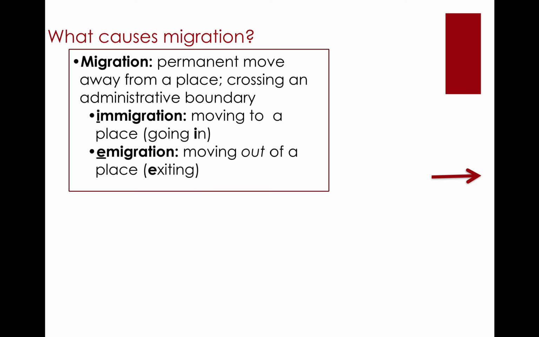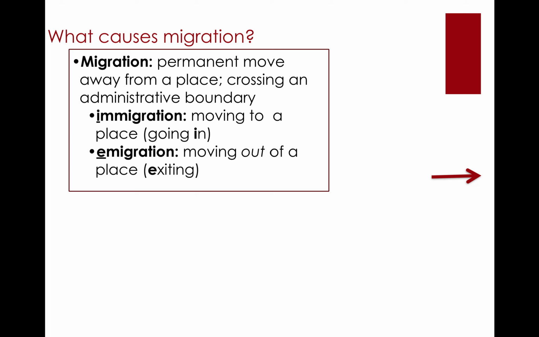So let's start off with a basic discussion, a few more terms to ensure that we're all speaking the same language as it pertains to migration. First of all, we already said this, but just to clarify, migration is a permanent move away from a place. And in order for migration to be considered a migration, you must cross some sort of administrative border. In other words, we're really talking about country-to-country migration here. We can have internal migration, as we already discussed, interregional migration, intra-regional migration. But when we start to study the global trends of migration, we're going to consider the movement from one country to the next, so crossing those administrative borders of what defines one country to the next.